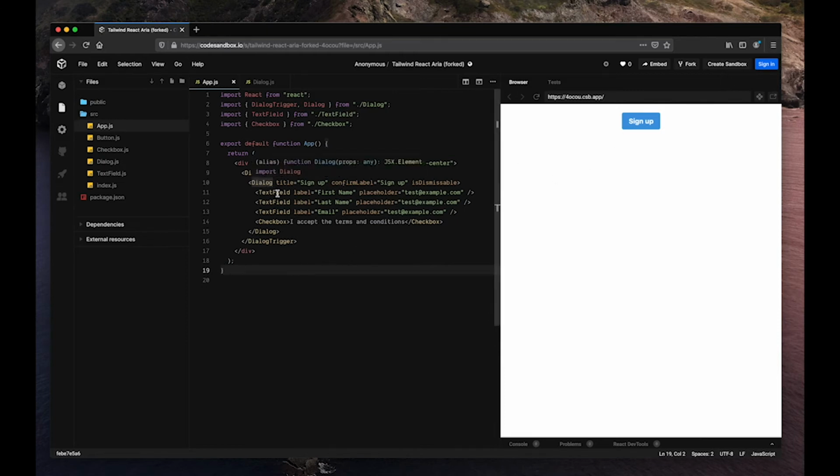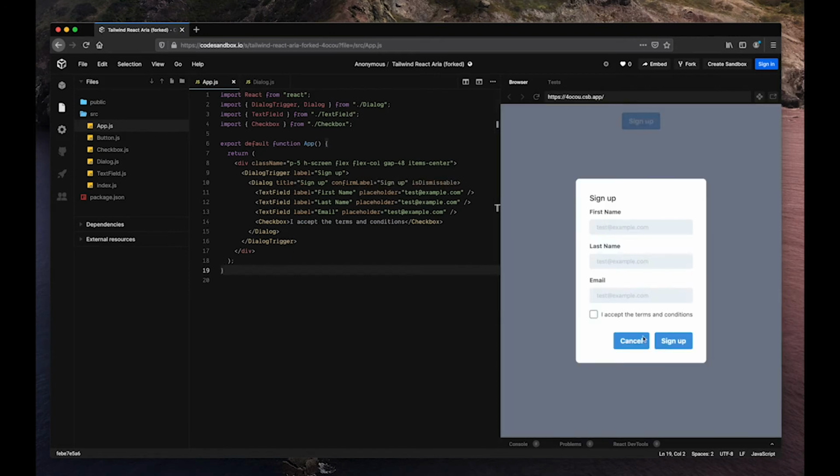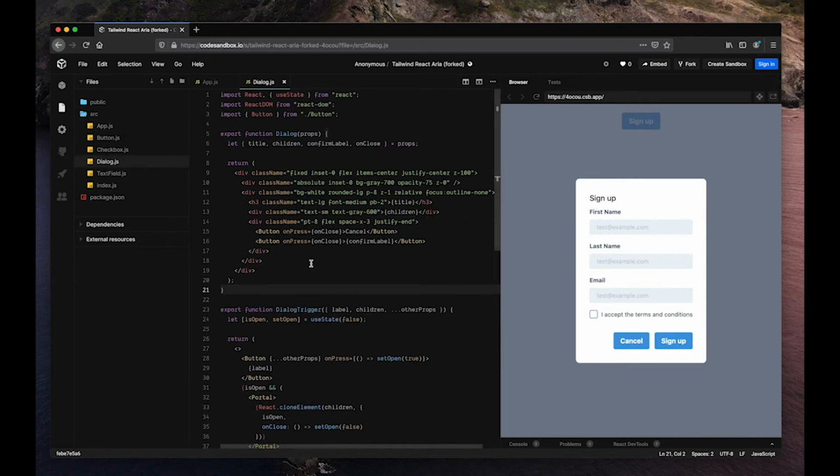So I've made this dialog component. It's got a title and a label for the sign up button down here, and then just some contents, a couple text fields and a checkbox. So take a look at that dialog component. So a couple things. We've got here